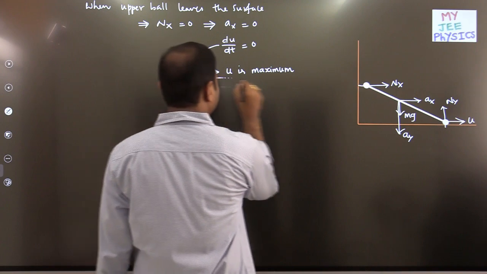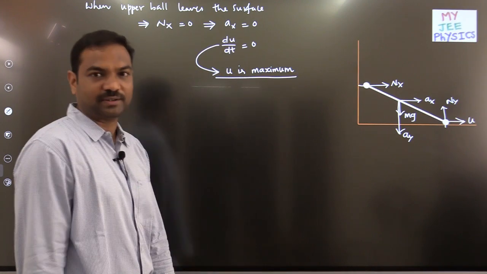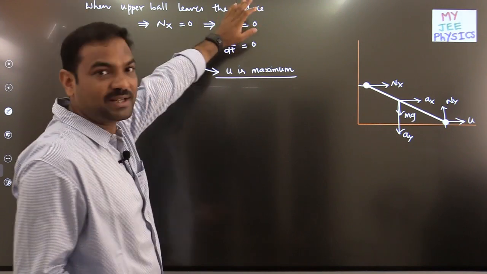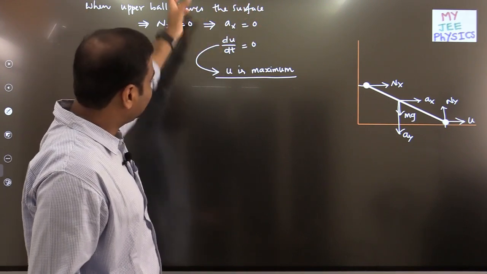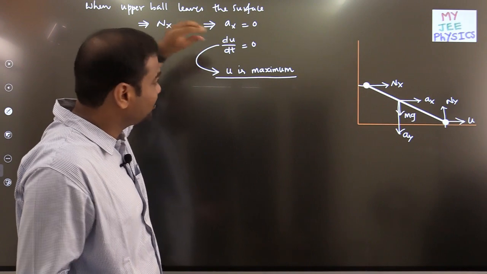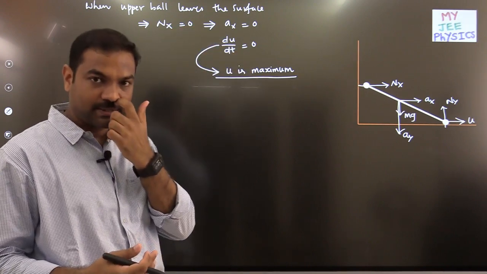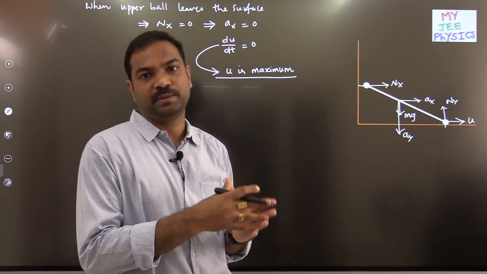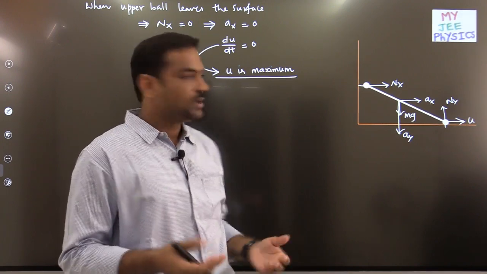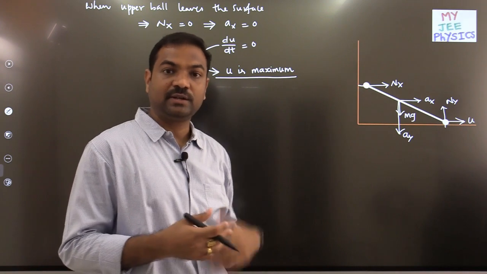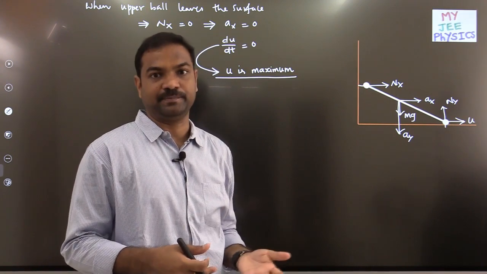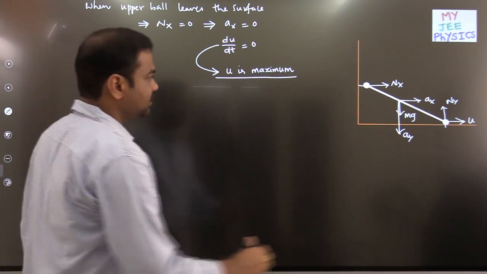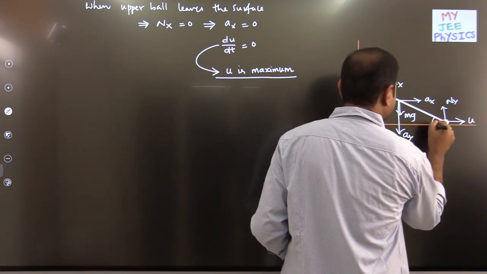Now the question is, the maximum value of u you have to find out. The question gave that it is leaving the surface, but the question has taken another form, that is, the maximum value of u we have to find. We can find the maximum and minimum value of a particular quantity when we know the expression of that quantity. Am I right? So we can identify the maximum value of u when we know the u relation with some variable. For that, I am taking this angle as theta.